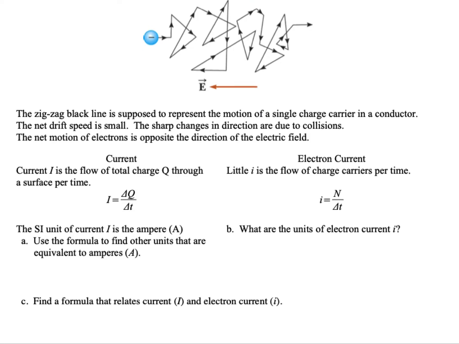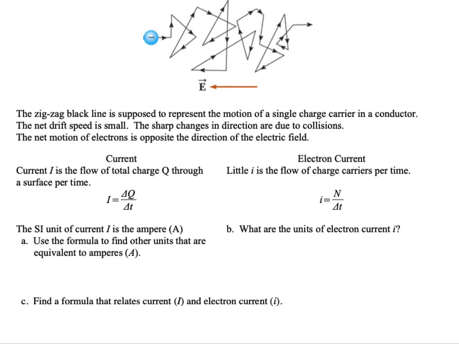Let's look at the definitions of current and electron current. Current is given the symbol capital I, and it's the flow of total charge Q through a surface per time. The surface could be just a cross-section of a conducting wire, for example. The unit of current is amperes, which is symbolized by capital A. Electron current, however, has the symbol little i, and little i is the flow of charge carriers per time. And in this case, we use the number of carriers divided by time,